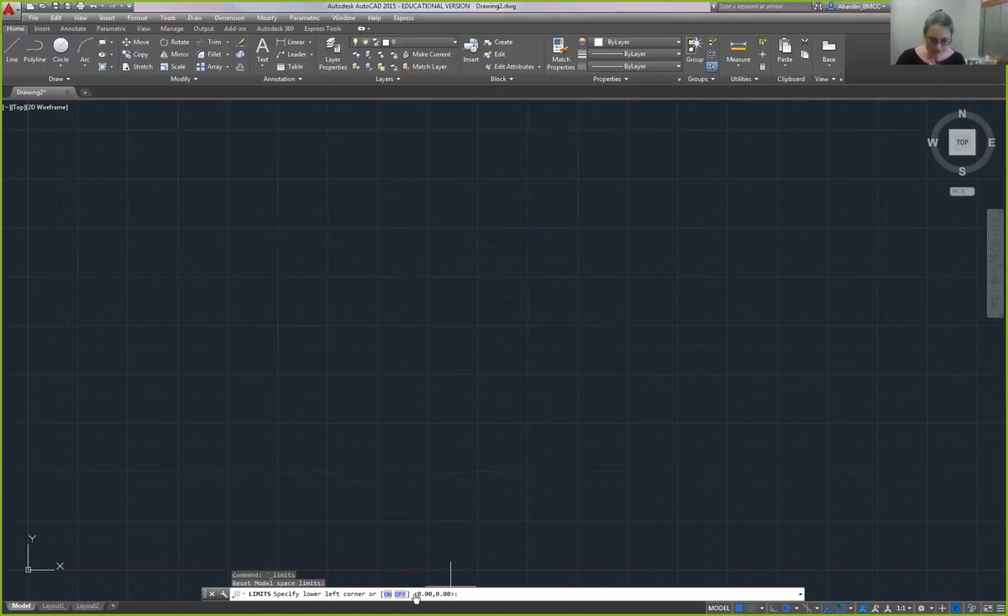And that's right down here at the bottom where it says limit, specify lower corner. This is going to be your friend. This is where you can enter specific information to tell AutoCAD, so you don't always have to drag to where you want to go. And what we're going to do is just click here, and then press the Enter key on the keyboard